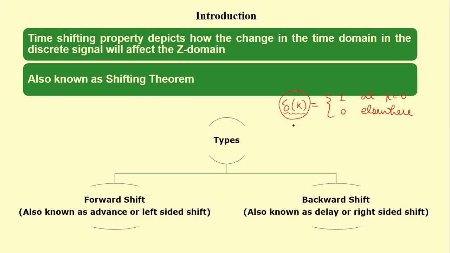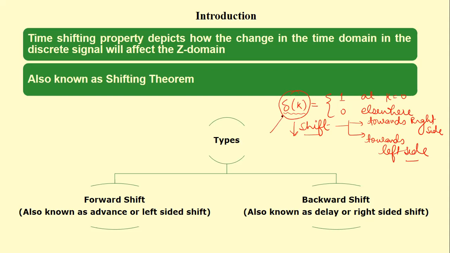Now if we shift this particular signal, shifting can be done in two ways. Either we can shift towards the right side or we can shift towards the left side. So there can be two types of shifting. Either we shift this signal towards the right side, or we shift it towards the left side. So if we shift delta k towards the right side,